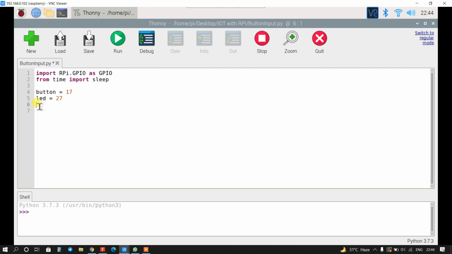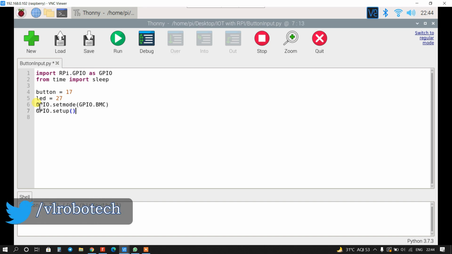So now I will use set mode. So GPIO dot set mode. So you can see we are using BCM Broadcom numbering. So GPIO dot BCM, and now I will use setup. GPIO dot setup. Here I will set up the pin as an input or output.